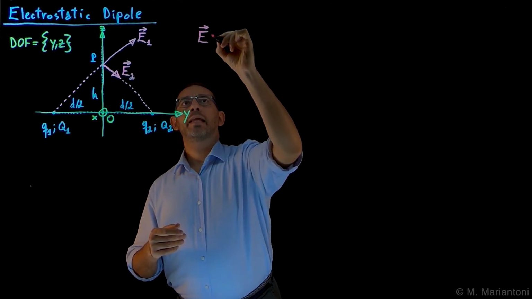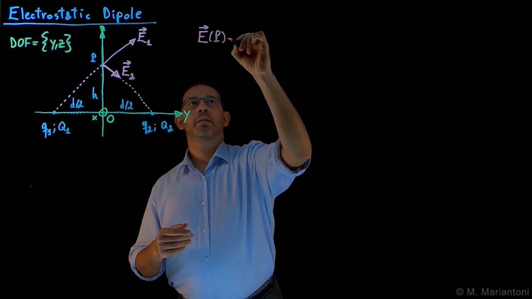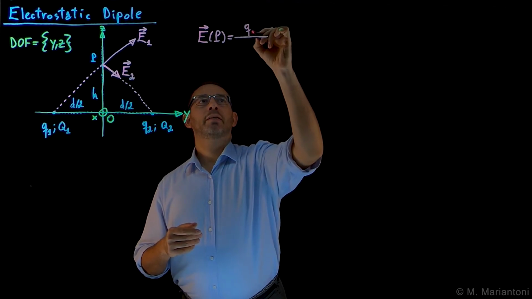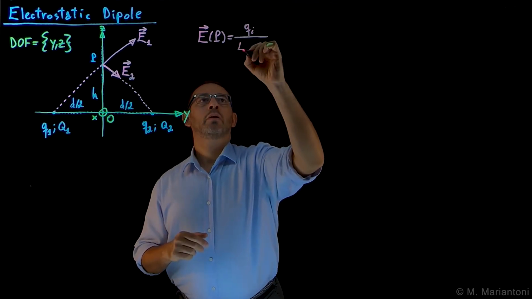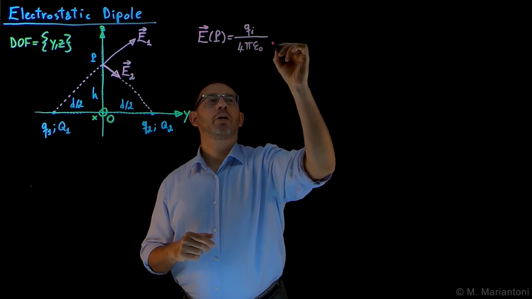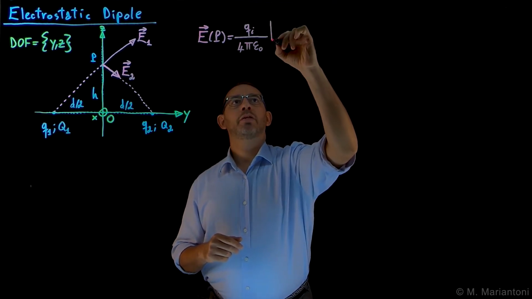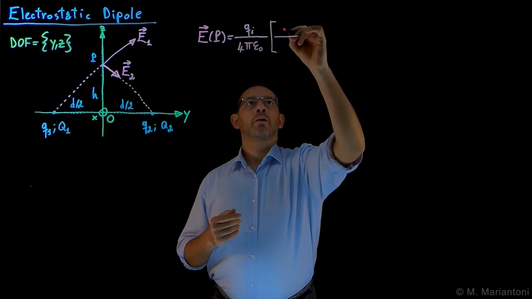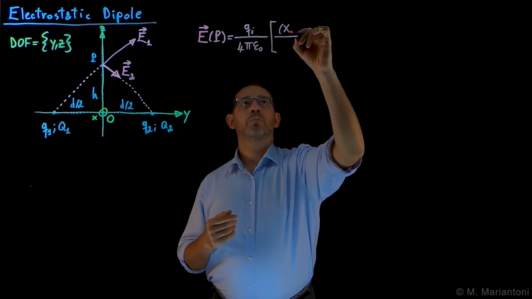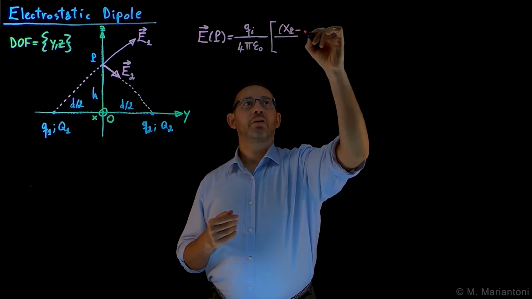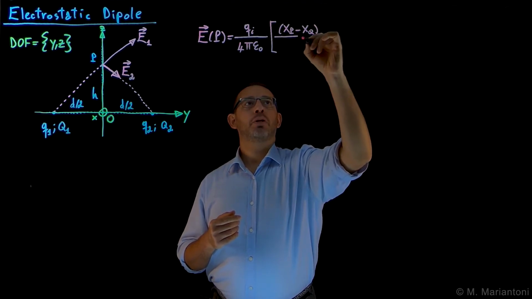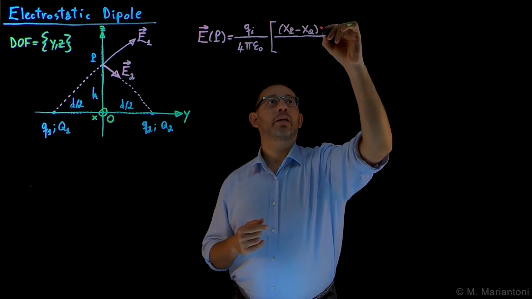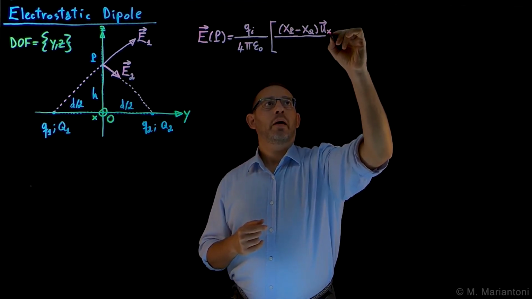E at any generic observation point capital P is given by the particle Q, let's give it an index i, could be 1 or 2, divided by 4 pi epsilon naught, as always. This quantity multiplies 3 components, x, y, and z. So we're going to have x, the x component of the observation point P, minus the x component of the source point Q. This has to go obviously along the x direction, ux,